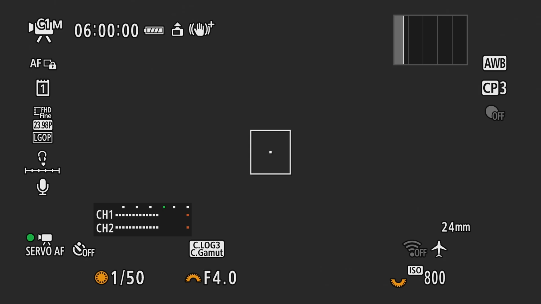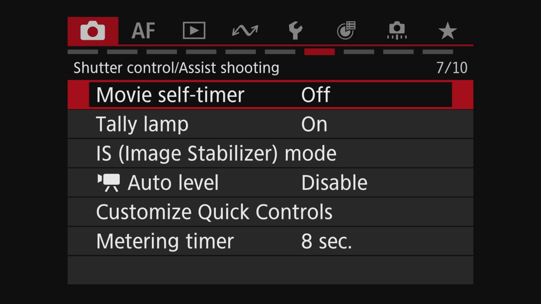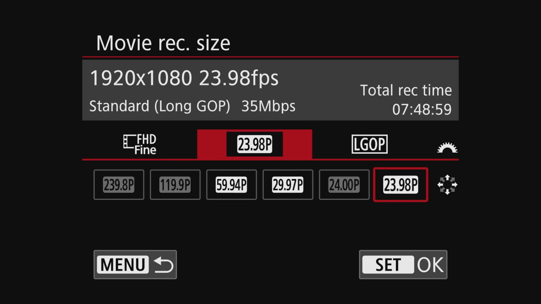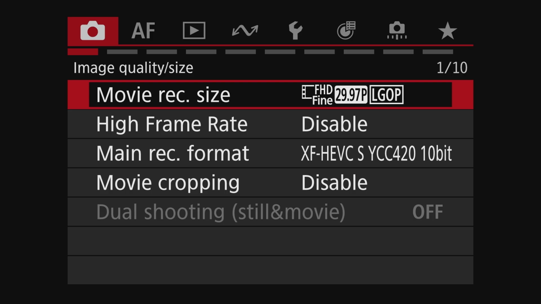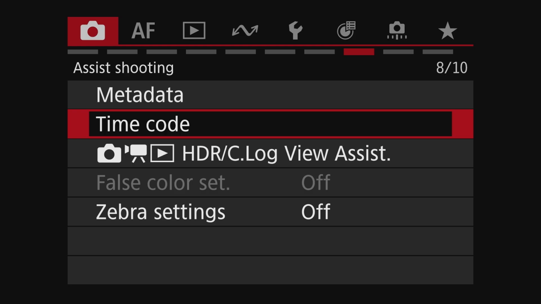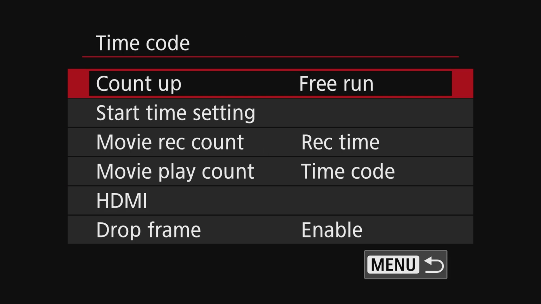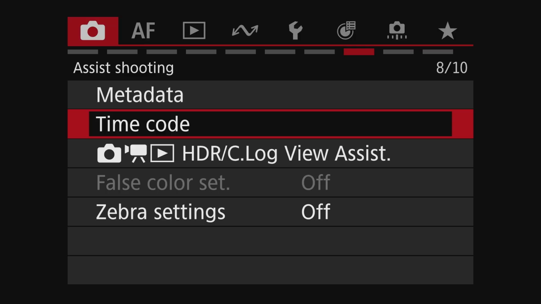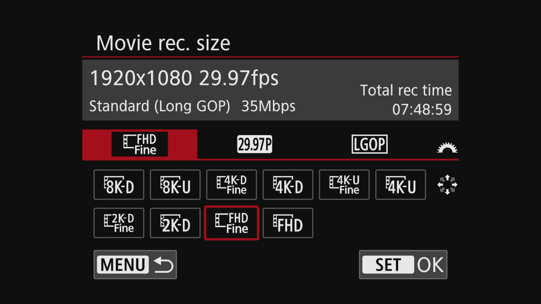Now, the final option you may find in the timecode menu is the drop frame setting. And this setting is only visible when the camera's system mode is set to NTSC and the recording frame rate is set to either 30 or 60 frames per second. Well, technically 29.97 and 59.94 frames per second. But it won't be visible at either 24 or